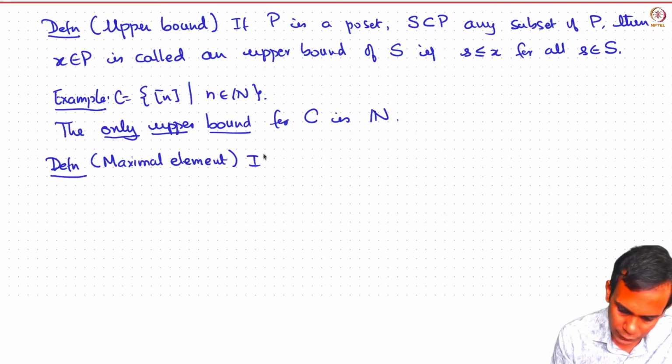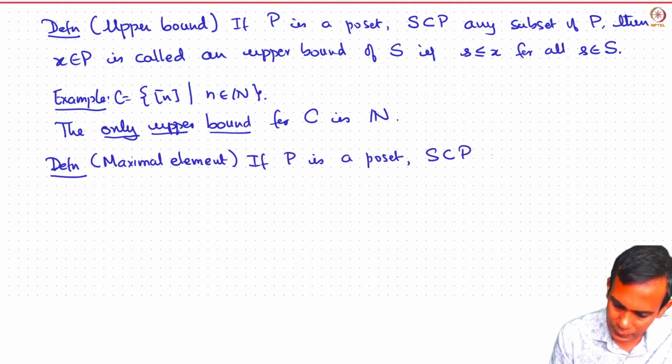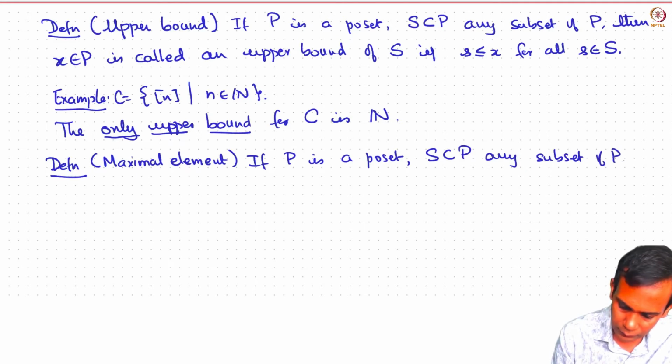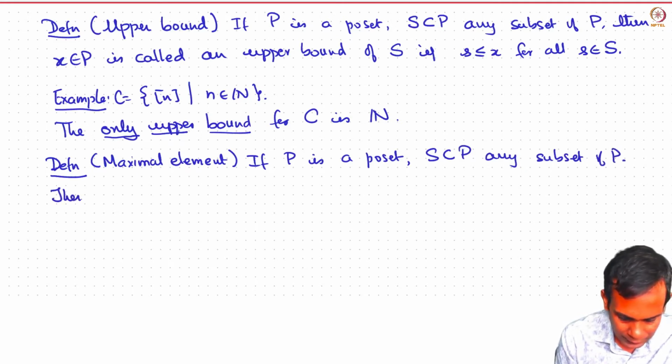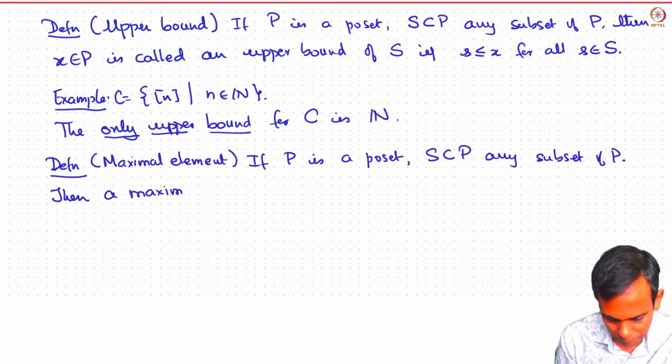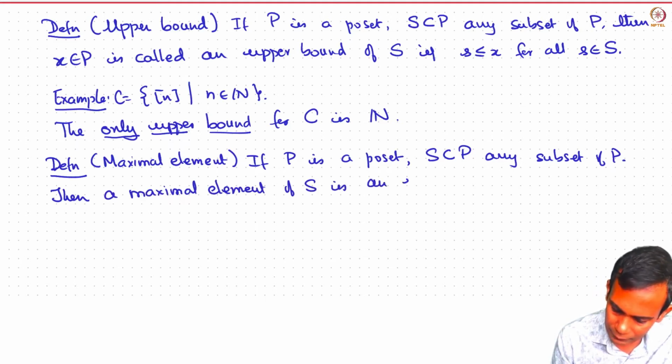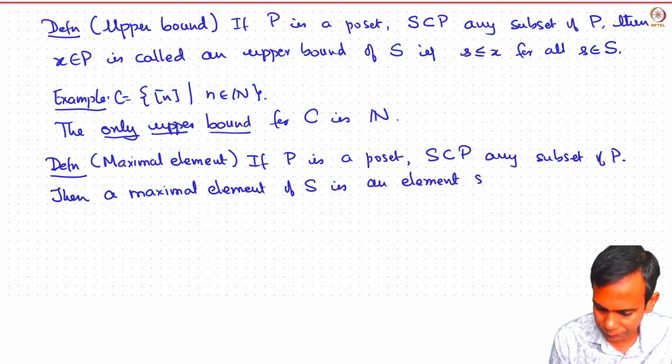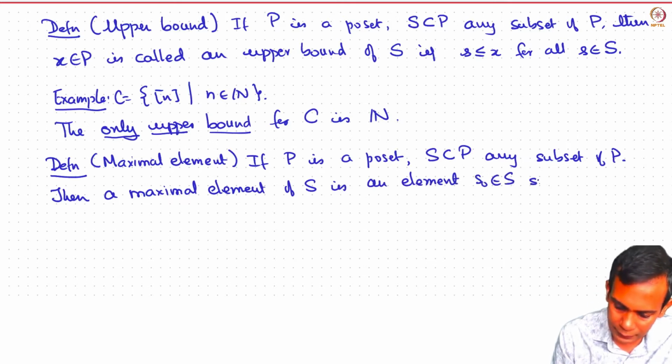So if P is a poset, S any subset, then a maximal element of S is an element s0 in S such that